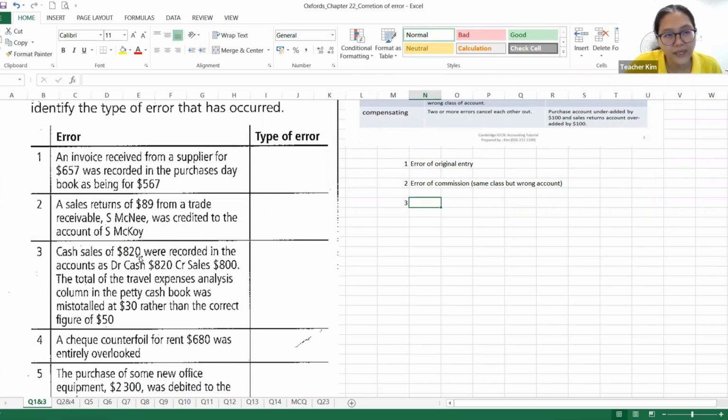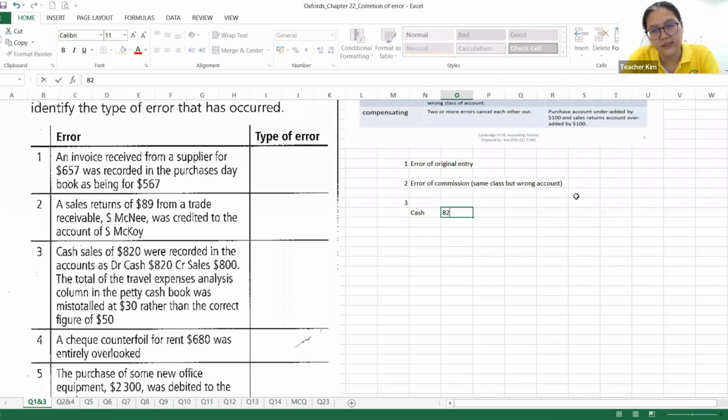Cash sales of 820 were recorded in the account as debit cash, credit sales, but with an amount difference. The total of the travel expenses analysis column in the petty cash book was mistotaled at 30 rather than the correct figure of 50. So what happened is that in the account, cash is 820, and then sales